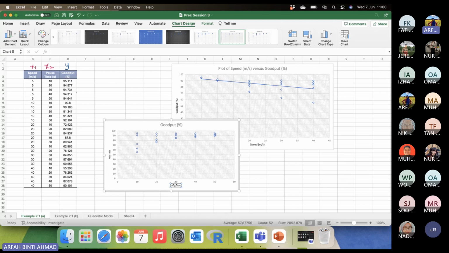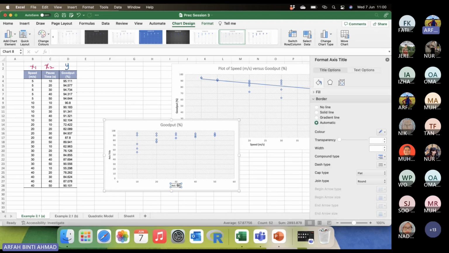So this is the second variable that we have, the pause time in second versus the good put. Okay, good put in percentage. So you will get this plot of